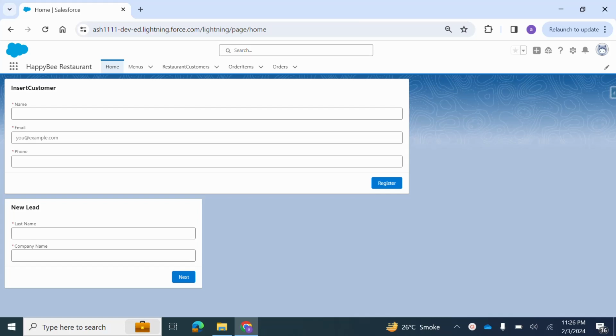So today we are going to learn about the screen flow. Basically, you can see the application's homepage, the restaurant app which we have created. You can see insert customer, or registration of customer. I'm adding some name as, let's say,